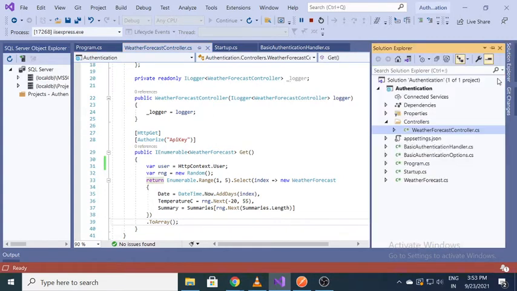I have created a sample demo application. This is a web application, a web API of .NET Core 5.1. Inside it I have created a controller. This is a weather forecast controller. Basically I'm using the basic template of the weather forecast controller, right? So inside this method of the controller